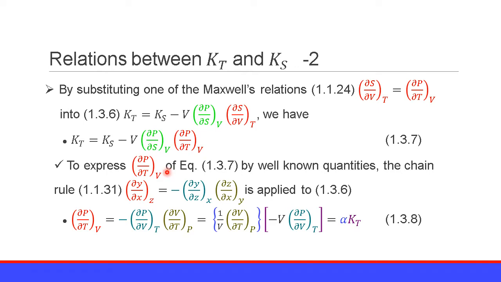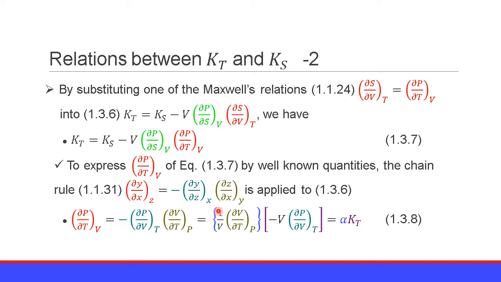To express this quantity ∂P/∂T at V in equation 1.3.7 by well-known quantities, we use the chain rule 1.1.31, namely ∂y/∂x at z is equal to minus ∂y/∂z at x times ∂z/∂x at y, to this red term. Then ∂P/∂T at V is equal to